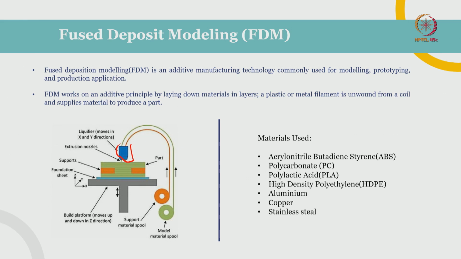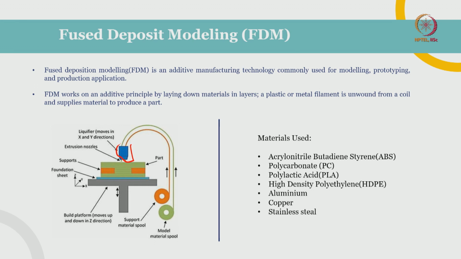Okay, based on the sliced file or the G code that we send from our computer to the machine, this will deposit the melted filament on the print bed, and subsequently we will get a finished object out of this printer. Okay, this is a very basic printer. There are advanced printers too, like metal FDM 3D printers, but this is one of the cheapest available